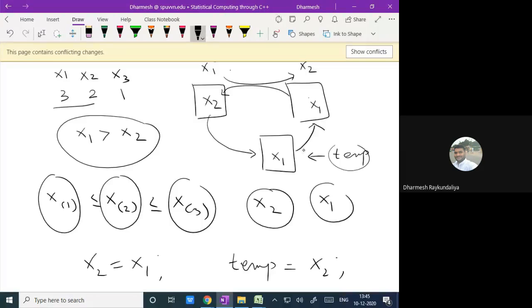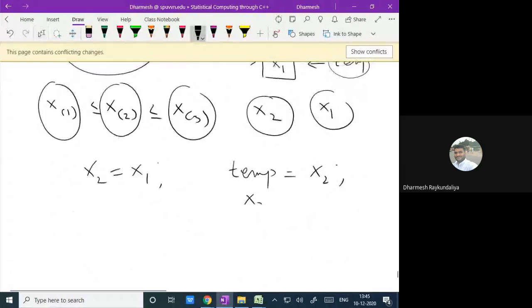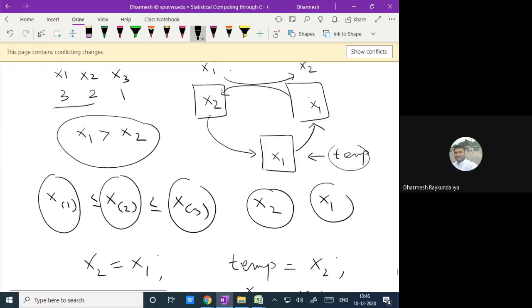So now when it is empty, then you can replace the value of x1 into this box. So now I am writing x2 equal to x1. Then x1 value is supplied to the x2. And now x1 becomes empty. Then I am assigning the value which is temporarily stored in the variable temp to x1. So now after doing this,